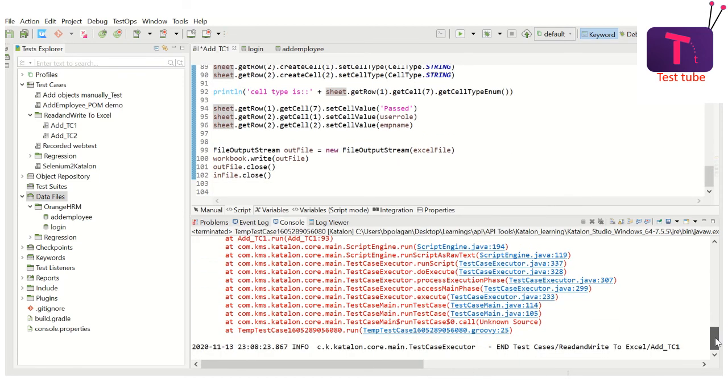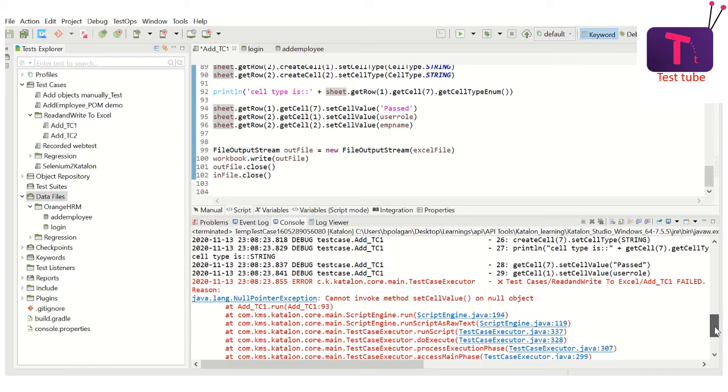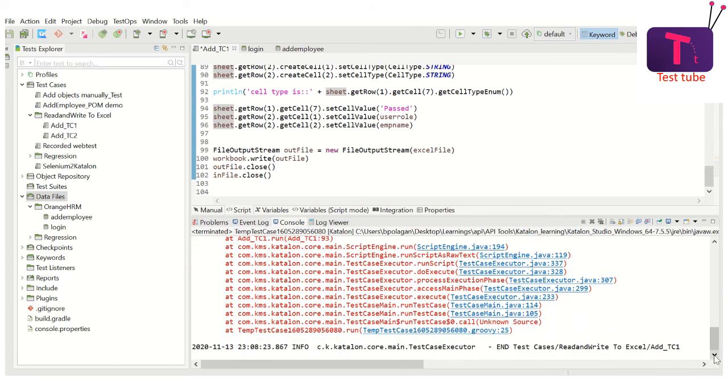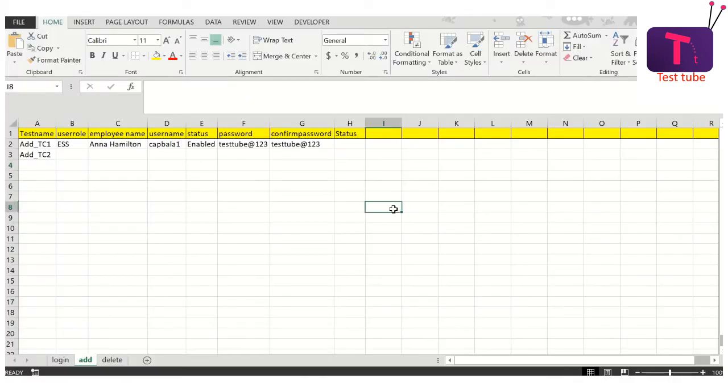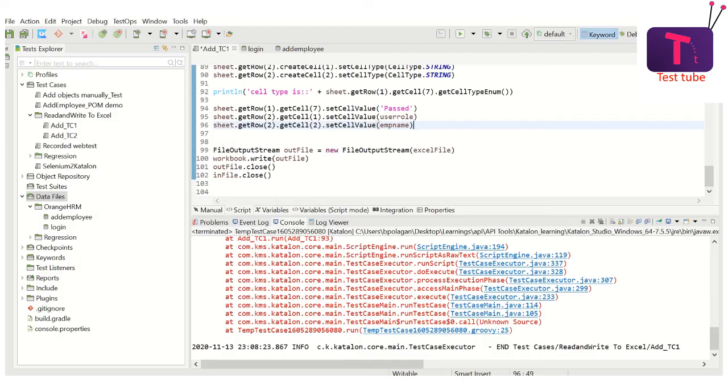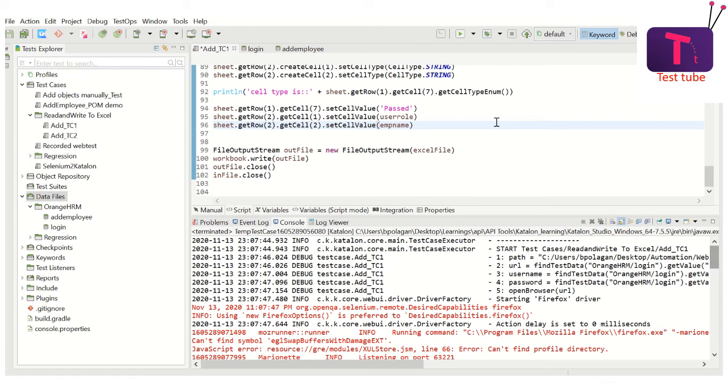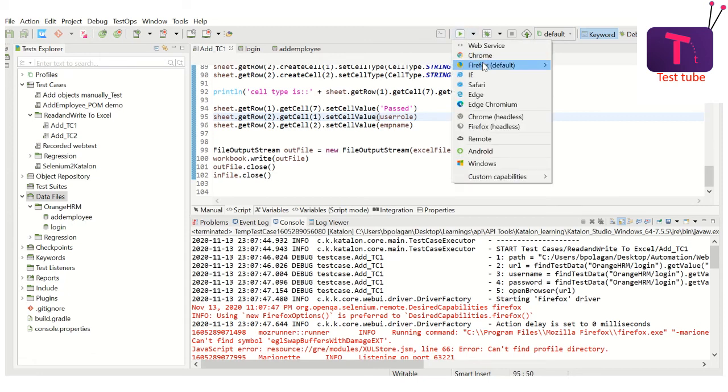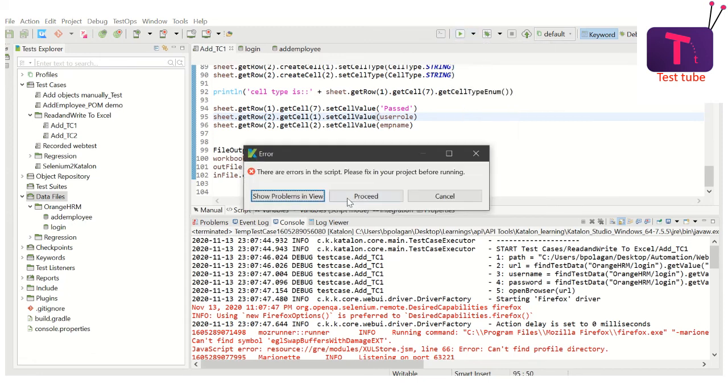And what else you possibly face as an error is, okay, that's all. So one more error is when you run this script, you have to close this Excel sheet, otherwise it will fail, and you will get the error also, which is indicating that the Excel sheet is open by another program. So I have closed my Excel sheet now. Now let me run this test quickly and see what happens this time.